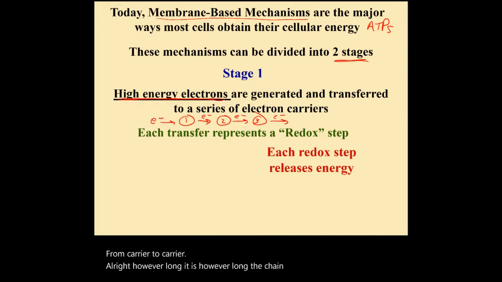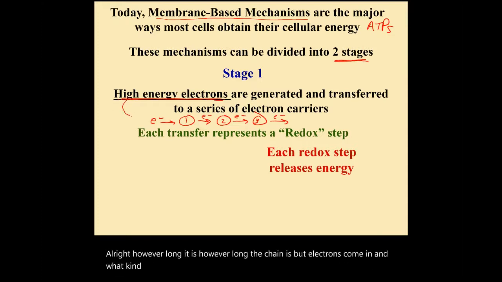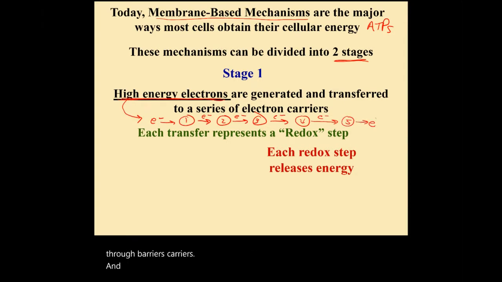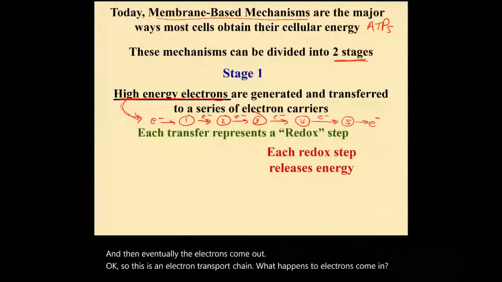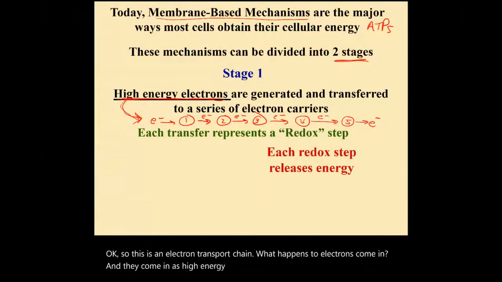But what kind of electrons are they? High energy electrons come in, and they move through various carriers, and then eventually the electrons come out. So this is an electron transport chain. Electrons come in as high energy electrons, and then they eventually come out